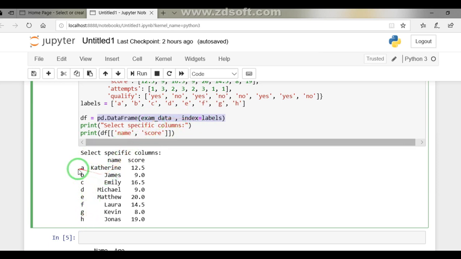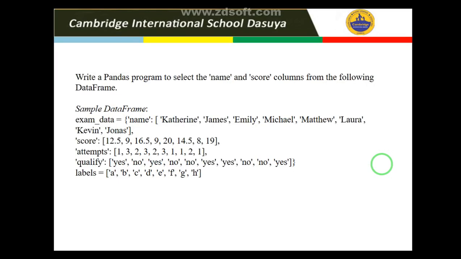So we have just taken comprehensive examples. First is how to create the data frame, and then we have taken two examples of how to create the data frame, and then solved two examples.